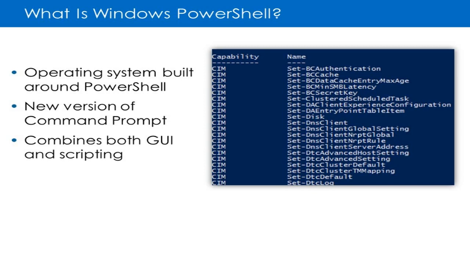Whereas now, the entire GUI, or graphical user interface, okay, so everything that we point and click, has been built on top of this PowerShell, which means whether you want to do it from a command line or script, or whether you do it through the GUI with a mouse, it's all the same functionality. And that's pretty cool. So with that, let's go ahead and actually see a little bit about what this PowerShell